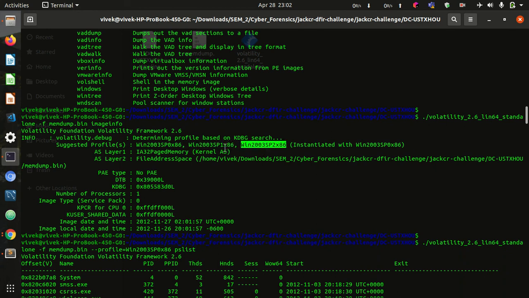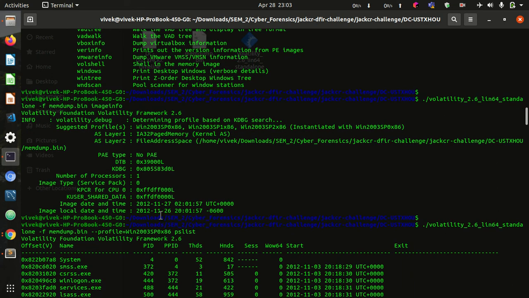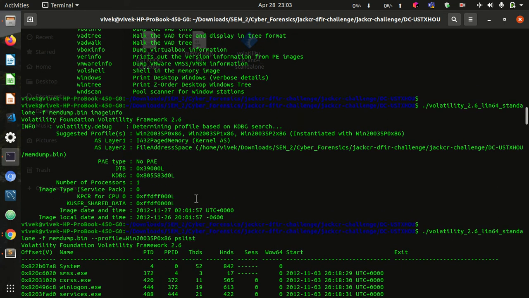I have already used the second and third Windows profile, but this command does not work with them. This might be because this image file is very old, from 2012, and might not support this command.